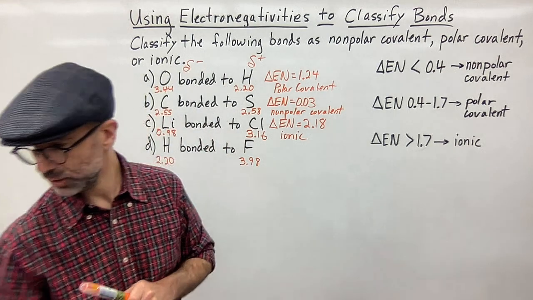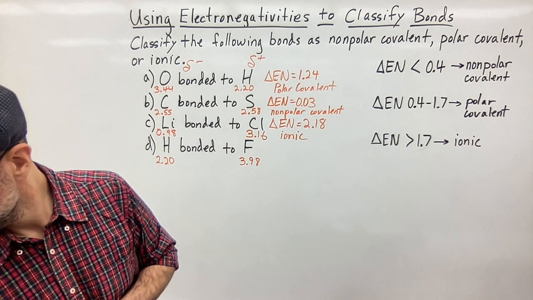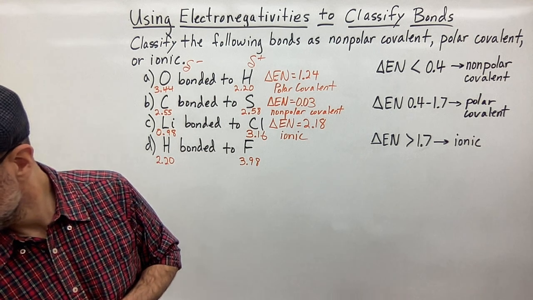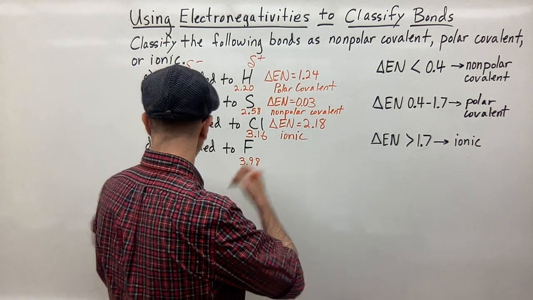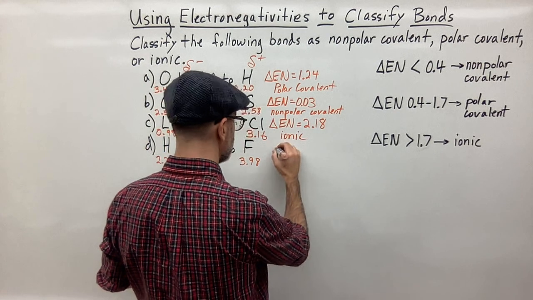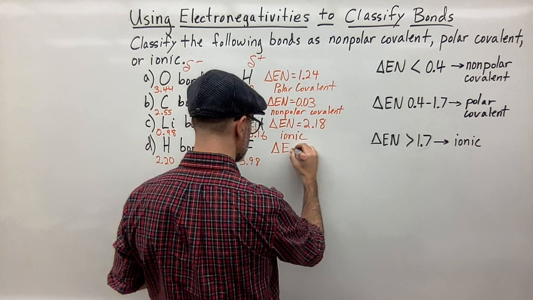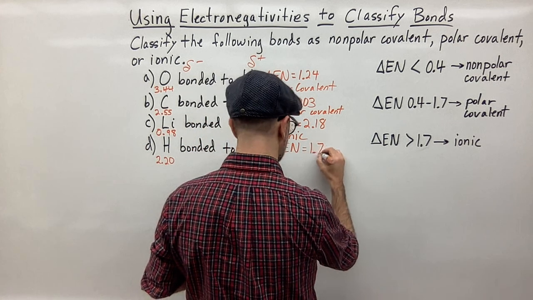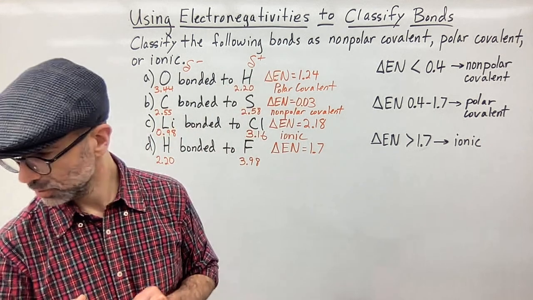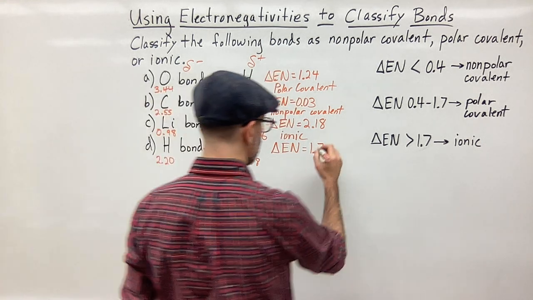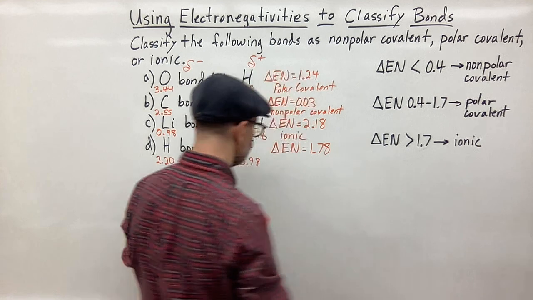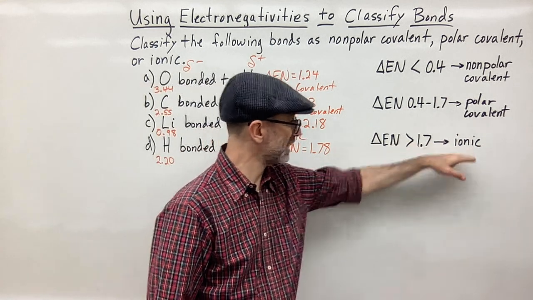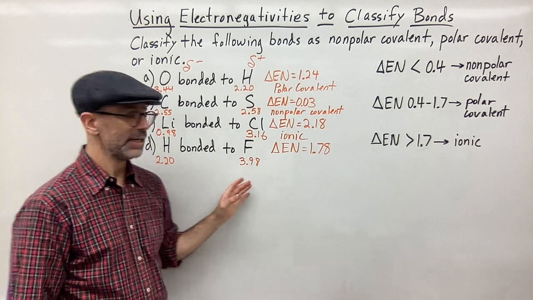And so that's going to give us an electronegativity difference of 1.78, I believe. Now, notice that it is above 1.7, so we would expect it to be ionic, but in this case,